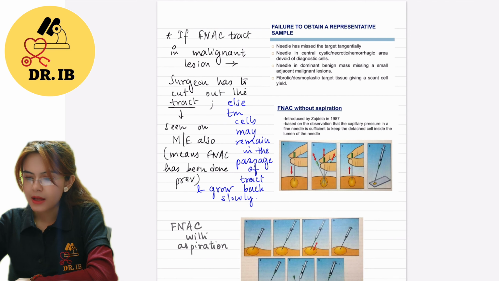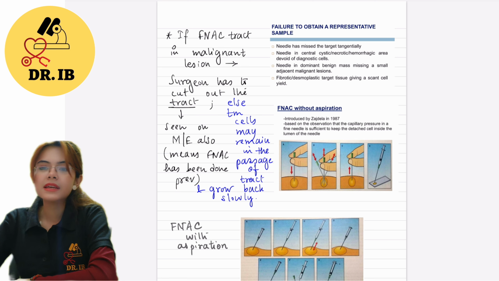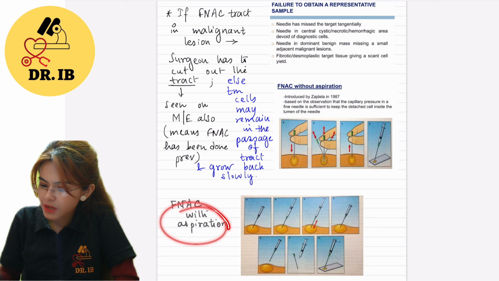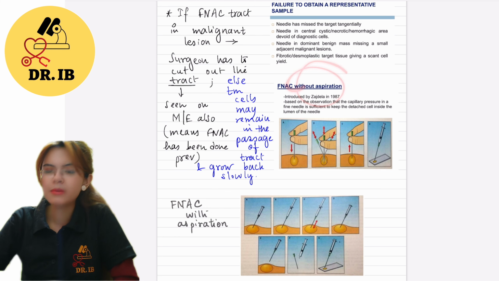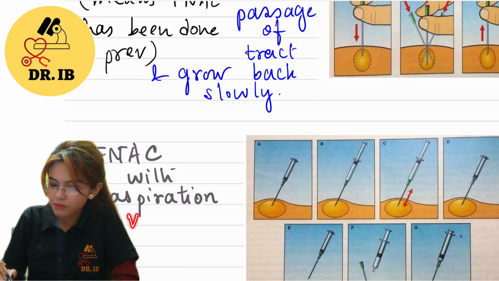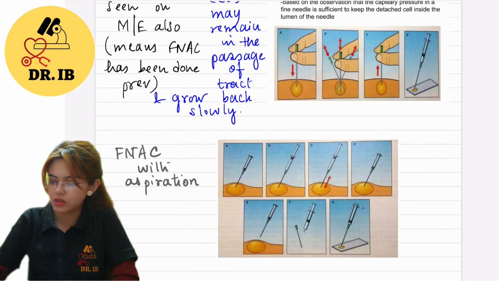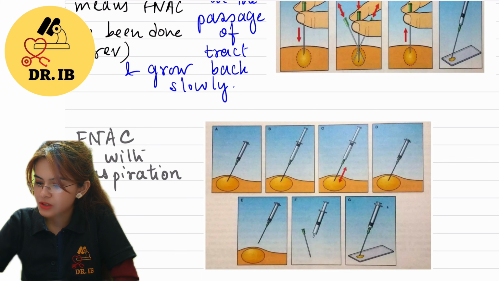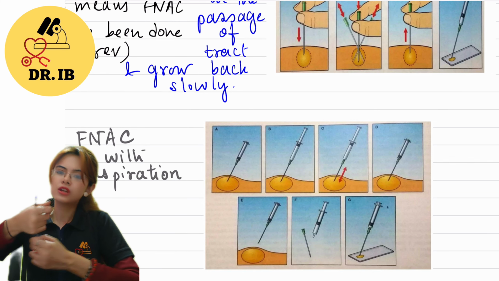Okay, see this. Now, see, FNAC can be done without aspiration as well. With aspiration and without aspiration. So, मतलब क्या होता है? Aspiration, I guess, is a wrong term. With suction or without suction, ऐसा होना चाहिए. तो with aspiration का मतलब है आप इस चीज को सिरिंज से कर रहे हो, सक्शन दे रहे हो, जो